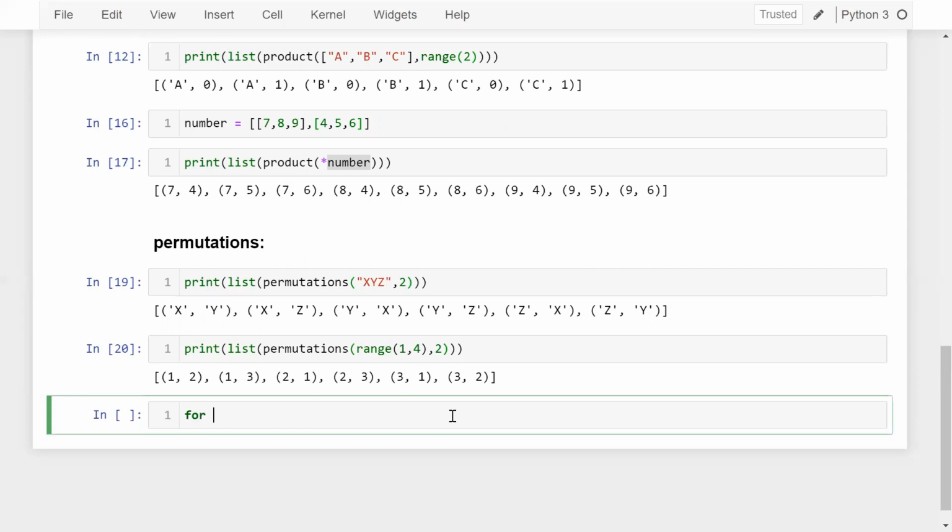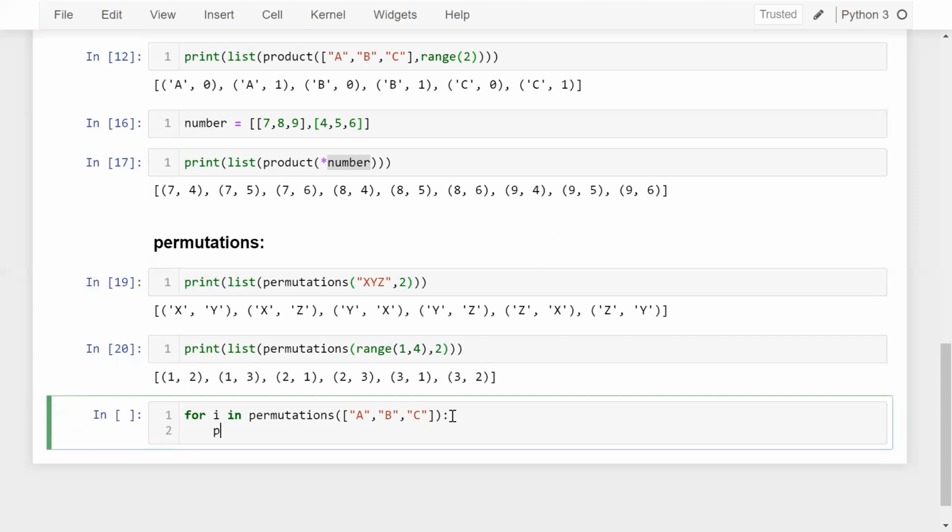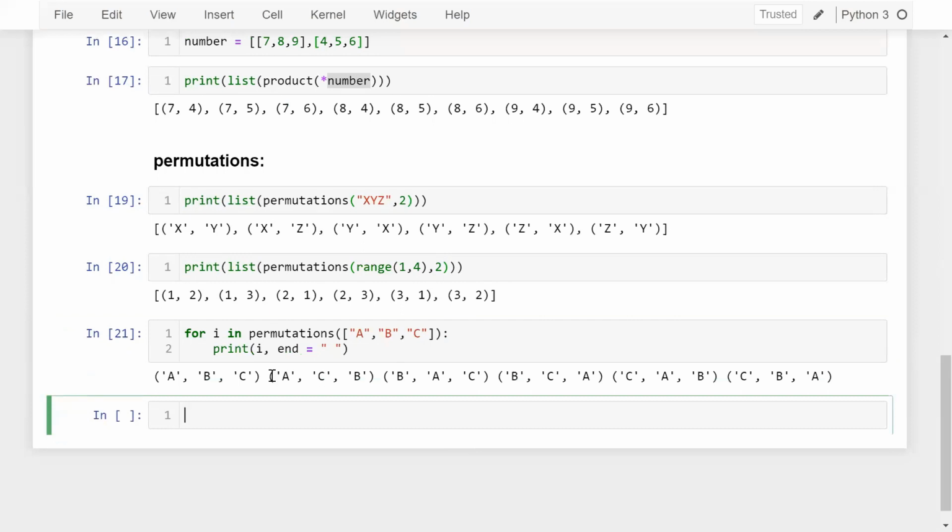How? Let's say for i in permutation, and here I pass an iterable, which is A, B, and C. Then I can define a loop. You can see ABC, ACB, all the possible arrangements.